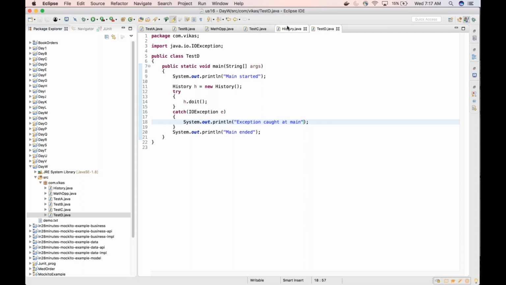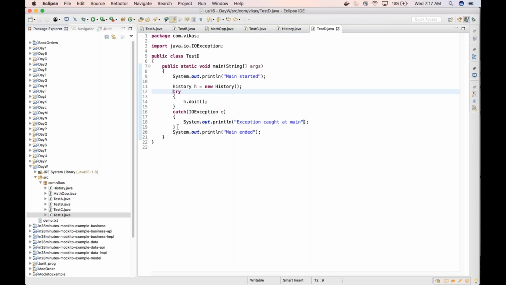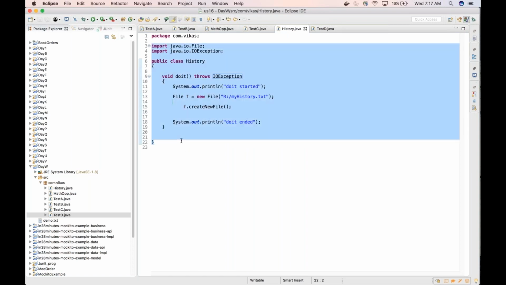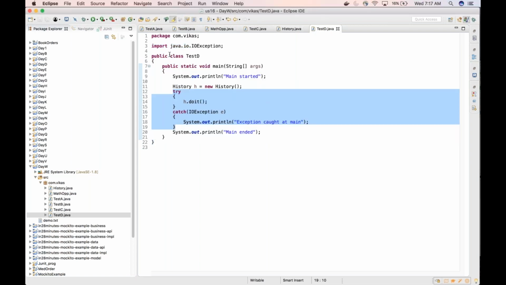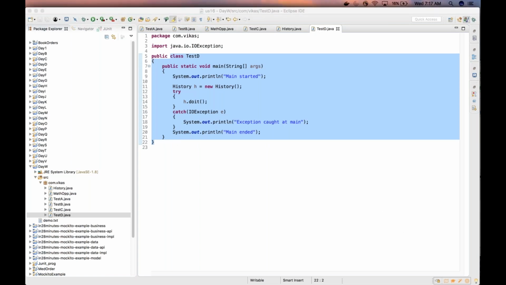Whenever the method is throwing any checked exception using throws keyword, it is mandatory for us to handle it. It is mandatory for the caller to handle it. Whoever calls the do it method, by creating a history object, they have to handle the IO exception. Okay, so it is a checked exception, so we can handle it in two ways. One is using what? Try catch block, what we have done right now. Another way is,